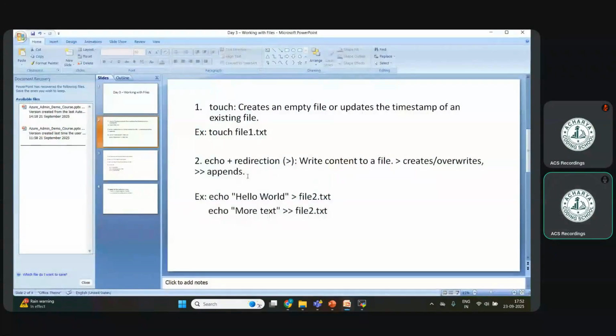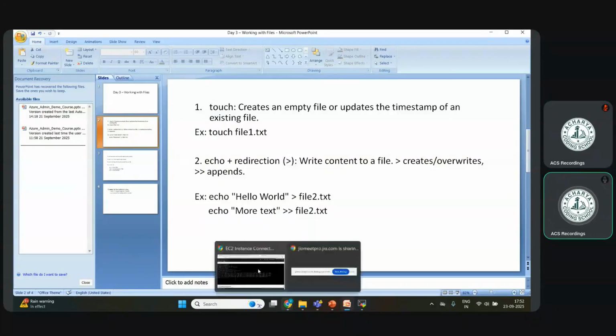In the last class, we discussed echo, right? Which is mainly for echo redirection. Echo is mainly for writing contents to files. It will write our contents to a file. For example, if you have created an empty file using the touch command and want to insert some matter into the file, you can insert it like this. So you write echo